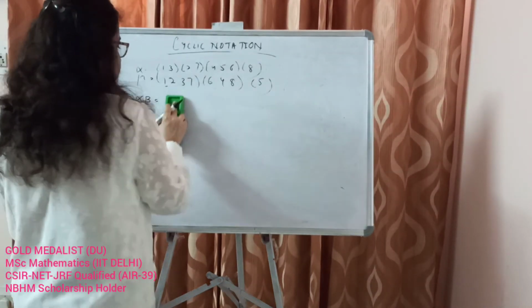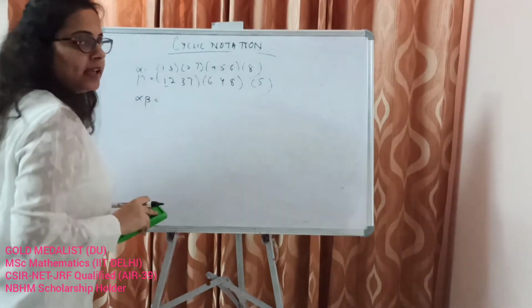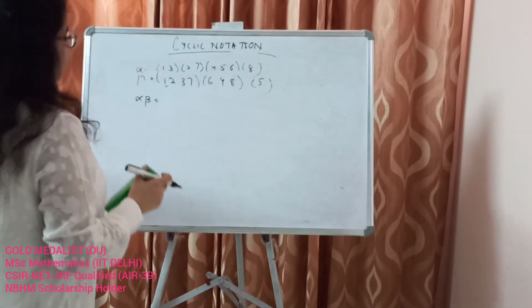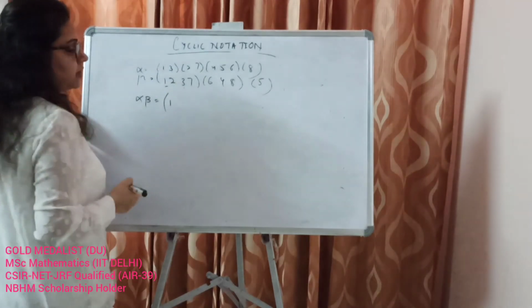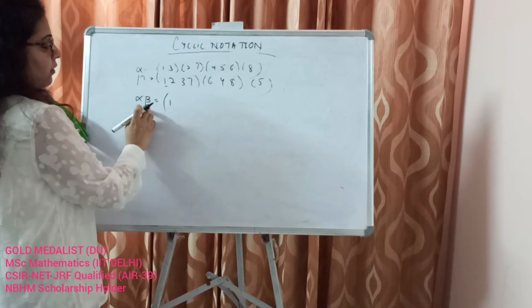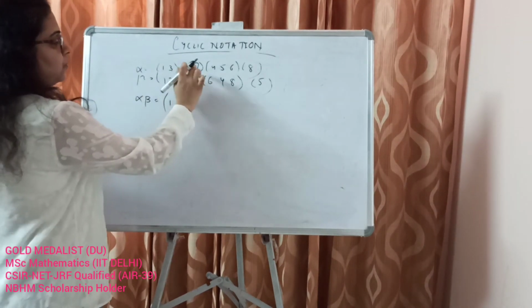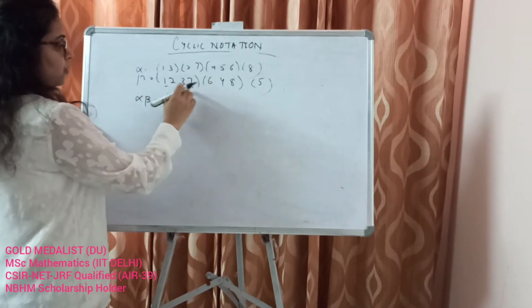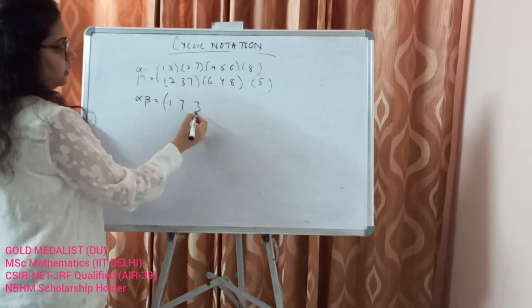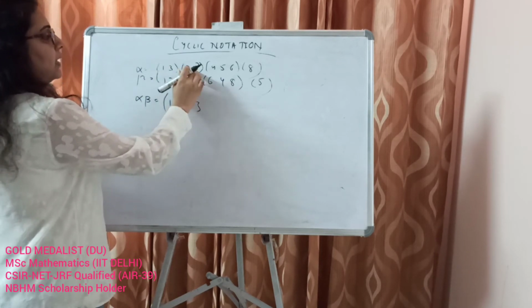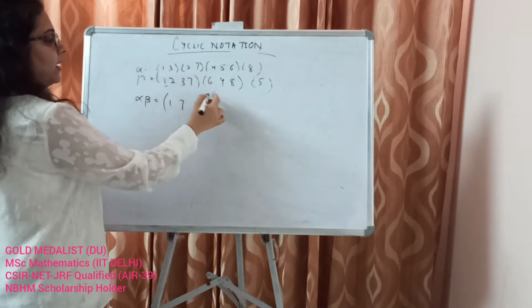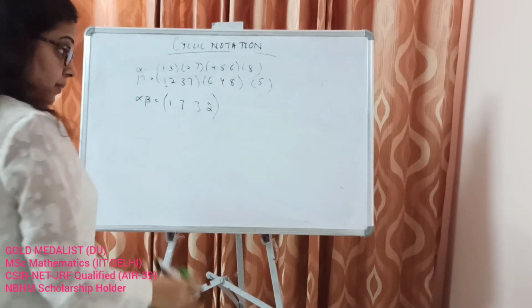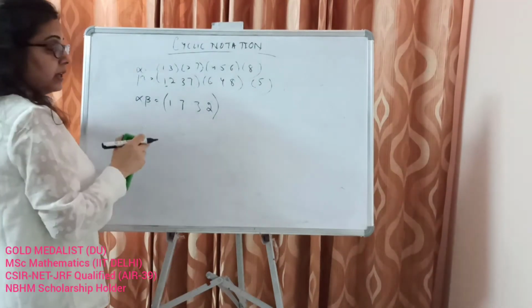Let's try and find out the multiplication of these permutations as we used to do in the array notation. Similar is the procedure in the cyclic notation. Start with the very first element in the first cycle, which is written on the right hand side. 1 goes to 2, 2 goes to 7. 7 goes to 1 and 1 goes to 3. 3 goes to 7 and 7 goes to 2. 2 goes to 3 and 3 goes to 1, and we stop here. We stop the cycle where we obtain the very first element, okay?